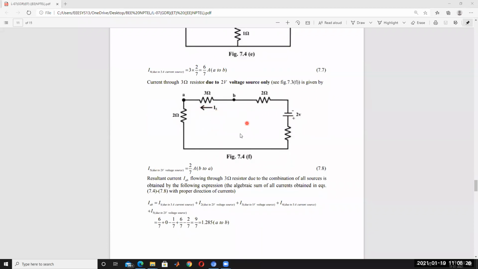Then what is the current here? Just V by R. 2 by 7, I think. 3 plus 2, 5, plus 7? That's it, 2 by 7. Then, according to the superposition theorem,